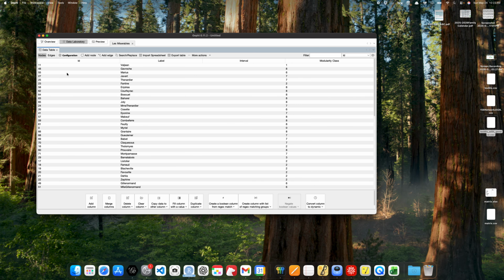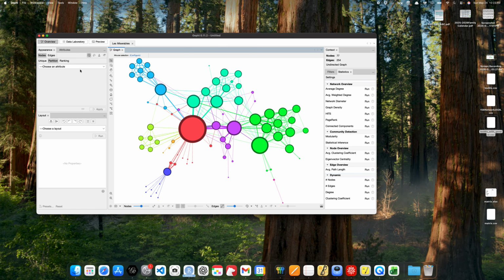If you look in the data laboratory into the nodes table, you'll see that each node is identified by a number. It has a label, which is the name of the character, and it also has in this case, a modularity class that's identified. But suppose that I wanted to also display the gender of these characters in my network. If I wanted to, say, color them by gender, then I would need to somehow add that information into Gephi